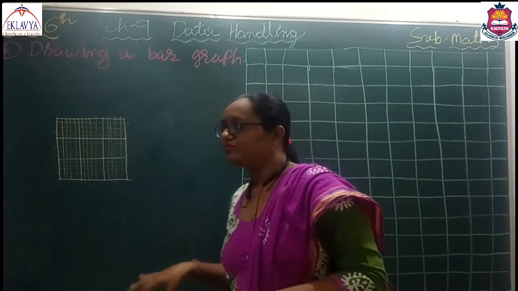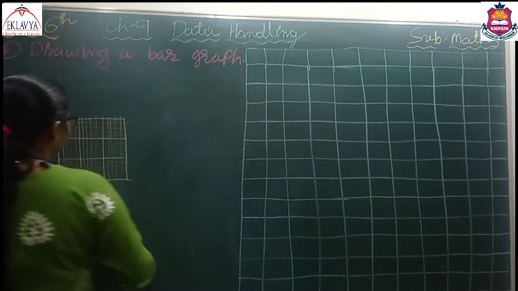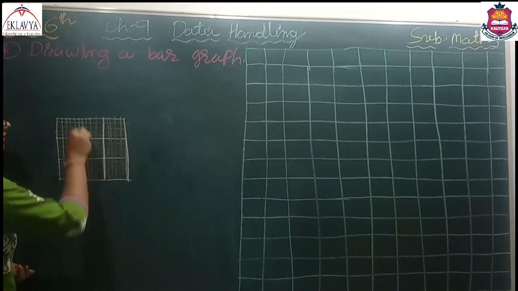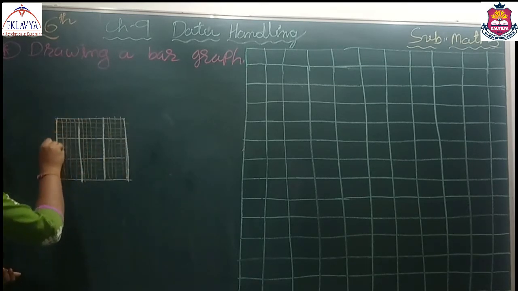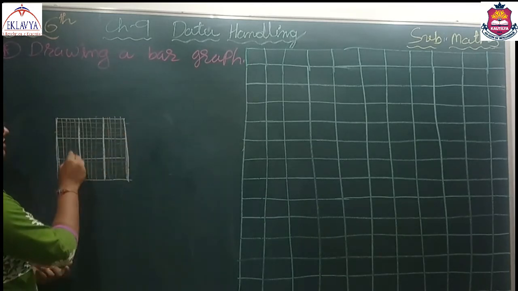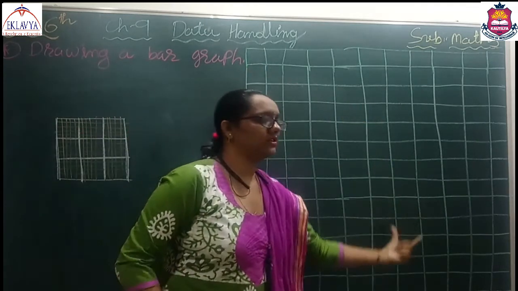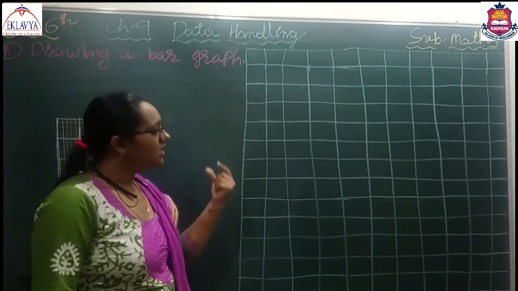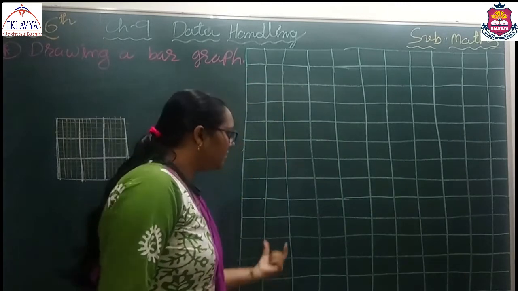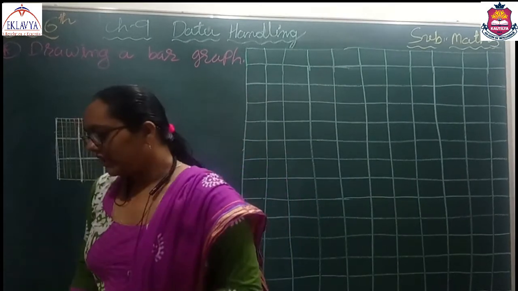You already know that. Here I have drawn the bar graph. I am just taking the dark lines. You know, in the bar graph paper there is a dark line, and inside the box the lines are in a light color, and outside the box the lines are dark. So I have drawn only the dark lines. Now we will take that data and learn how to arrange that data in the bar graph.